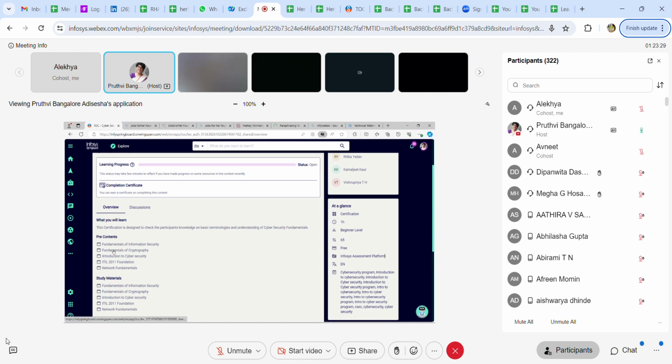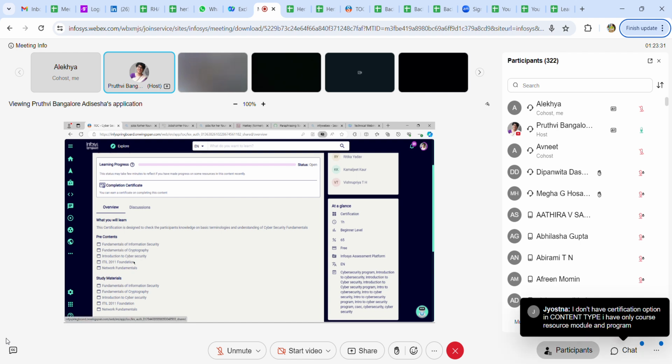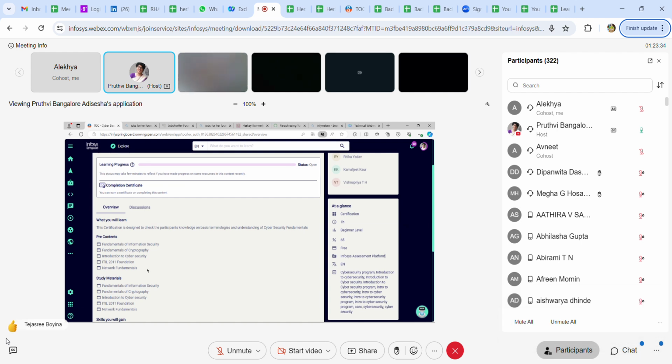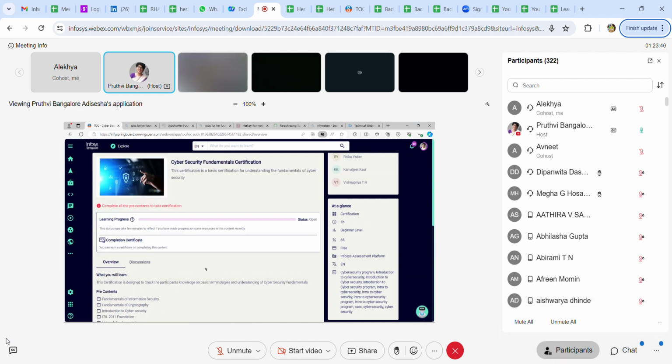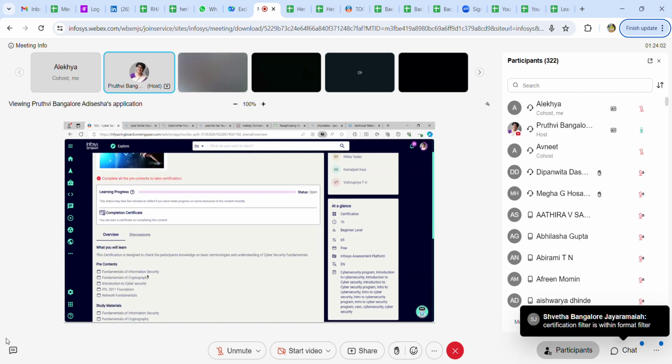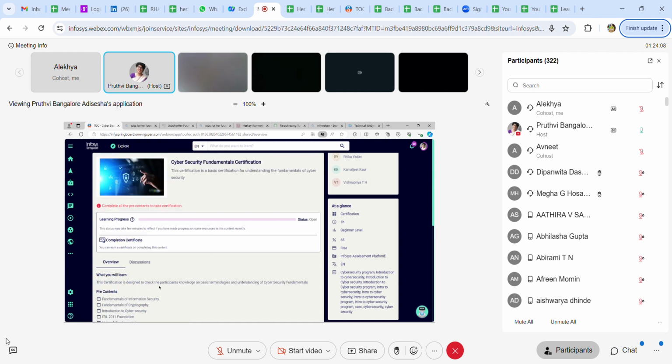When I say complete all the pre-contents, complete all of these courses. Get a course completion certificate for each and every prerequisite, and then you will have an option here called take certification. Okay, so that is the eligibility criteria. To take up the certification program, it is mandatory that you complete the pre-content of that particular certification. So I'll repeat once again. If you have to complete the pre-contents, you will have to complete the courses. Get yourself a course completion certificate for each and every pre-content, and then you will be eligible to take up